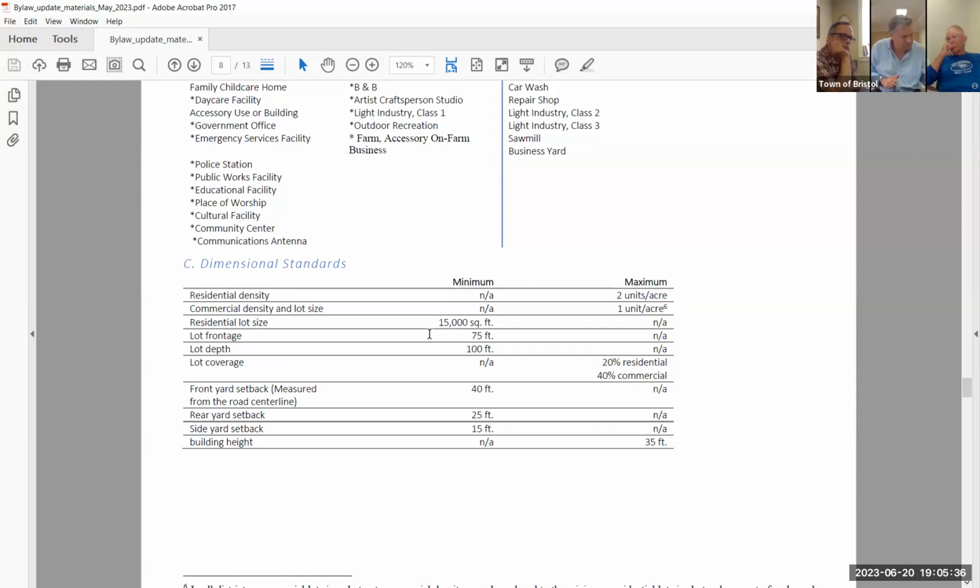Fred, you said multifamily, less than 4, should be treated the same as a single family in this district. That was something you thought you might be able to support. Rob, 4 units per acre, multifamilies, basically. Rob, you said you would consider reducing lot size to 10,000 square feet, which would match basically the village district.